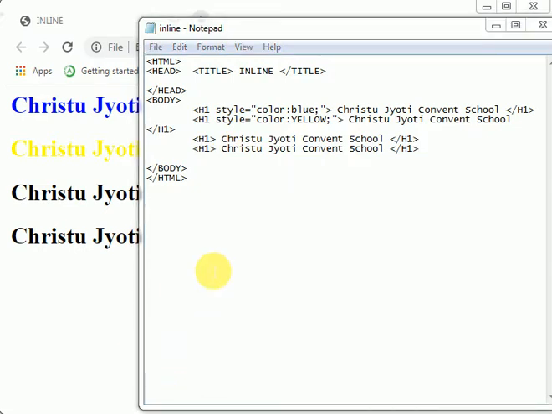Second type is internal style sheet. In the internal style sheet, you can use the style tag at the top here in the heading tag. It is useful if you want to apply similar formatting for all the tags of the same type on a web page. Just like our previous video example, I will open here